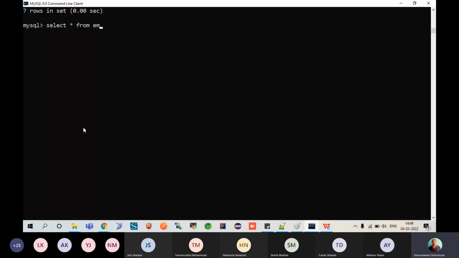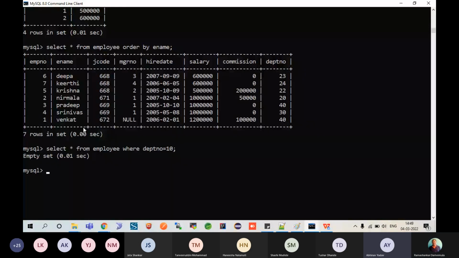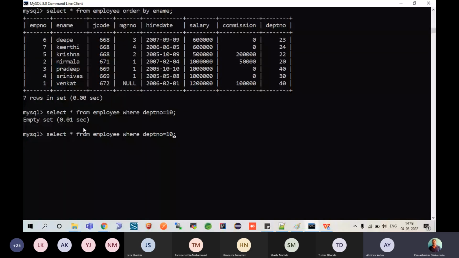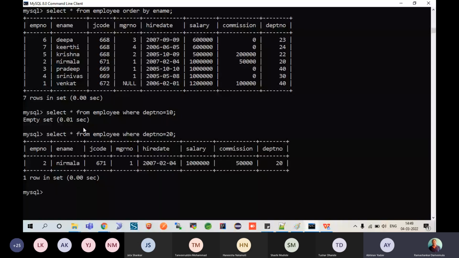Select star from employee where deptno is equal to 10. Now, is equal to 20, assume there is one employee. But what if, instead of saying 20, the requirement comes to you like this: